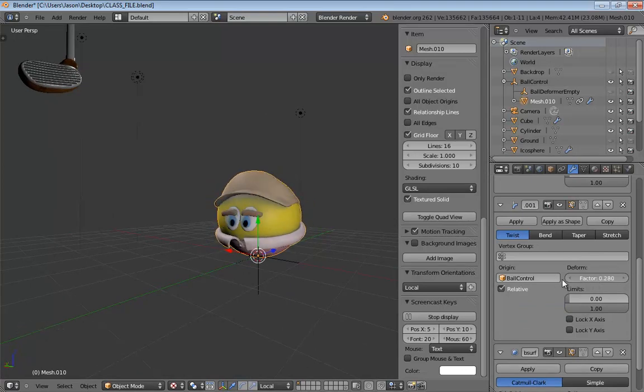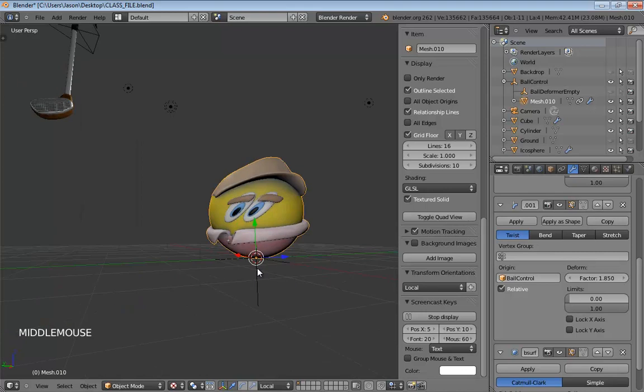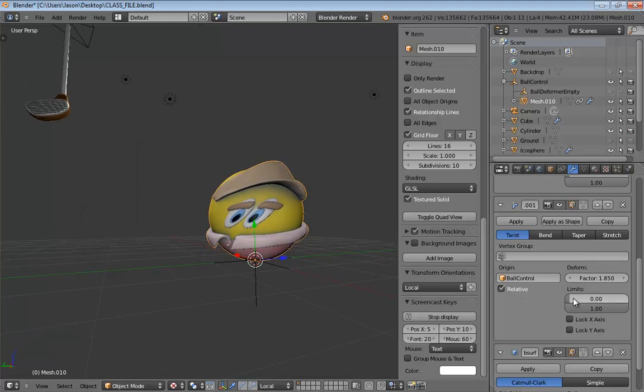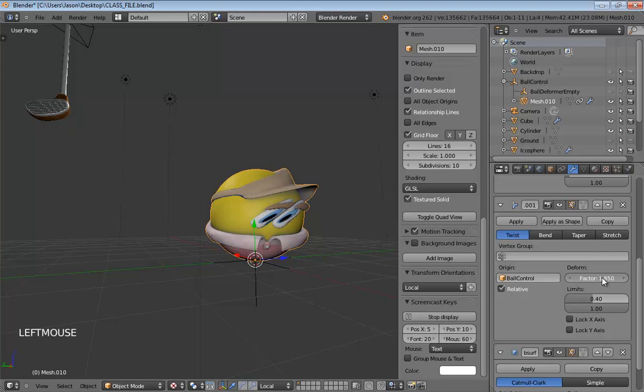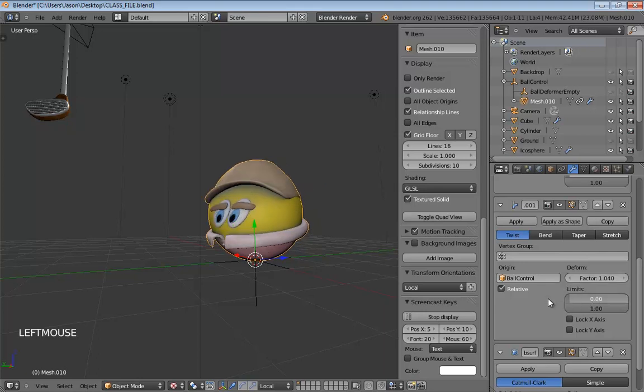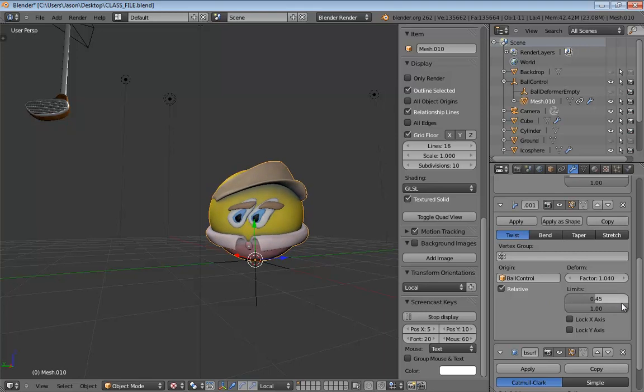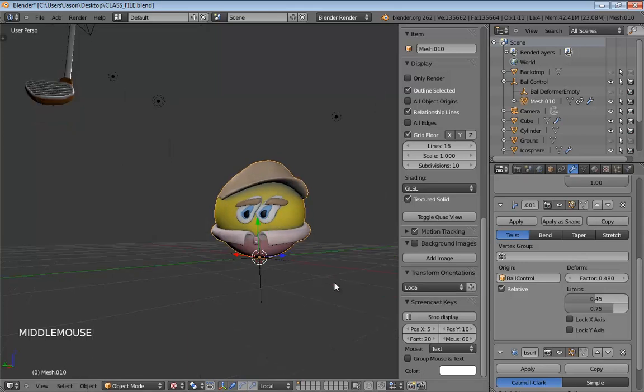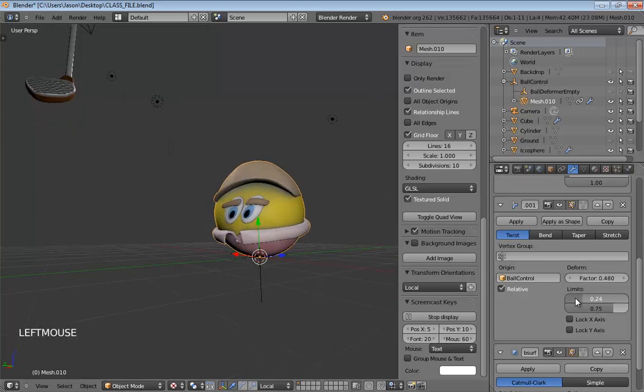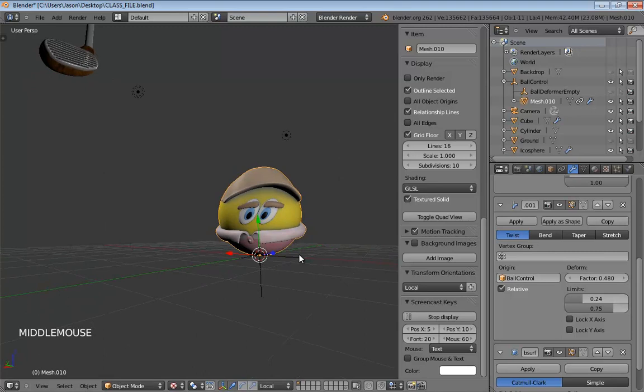Now this part I don't believe I actually added to the notes, so you might want to just jot this down. You can also adjust your limits a bit to help control how he's twisting. So like if you don't want the bottom of him to twist very much, you can increase that lower limit and you can pull down the upper limit as well. And the idea is to just kind of fine-tune this to a point where he's just kind of subtly twisting a little at the waist, and that's it.